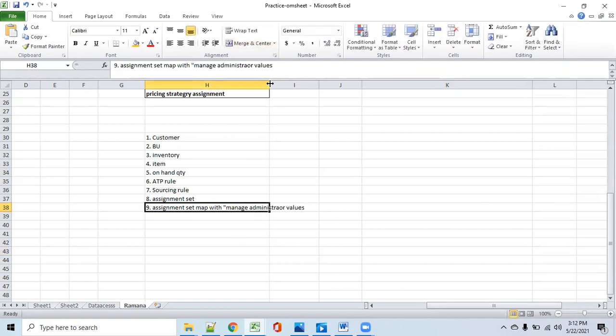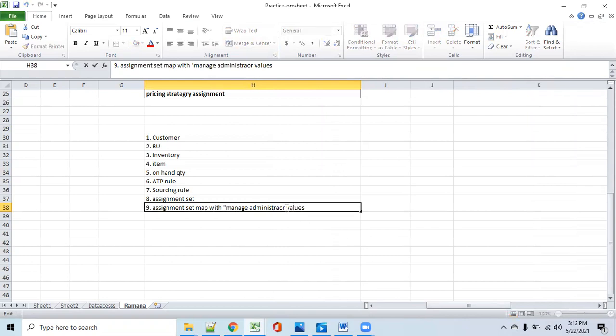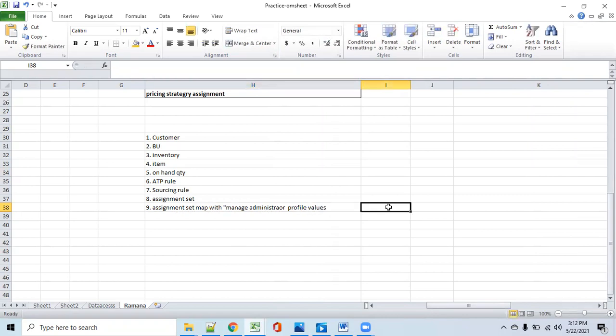So in this manage administrator profile values, the lookup code is MSP default. You have to search like this, the lookup code. Then you will get a lookup code. In that lookup code, you have to map the assignment set. So after that,